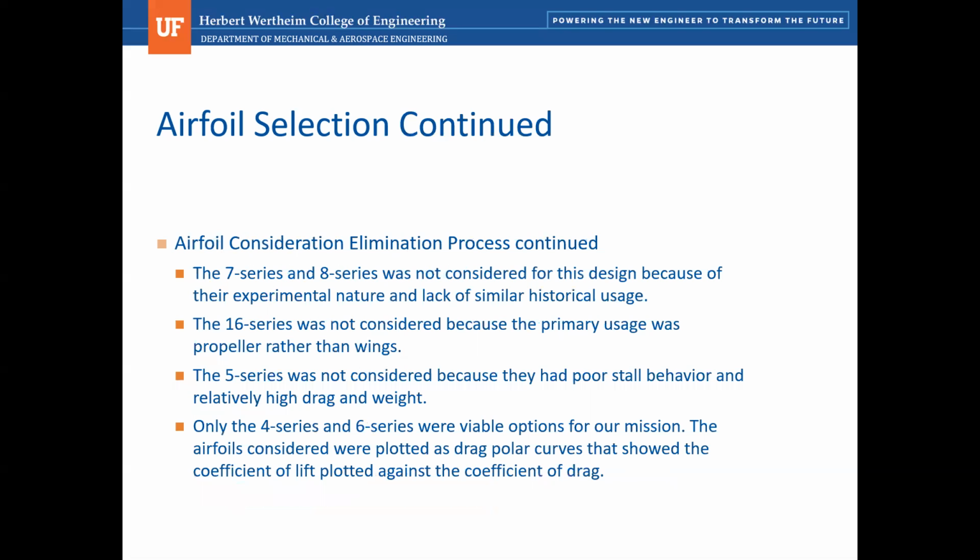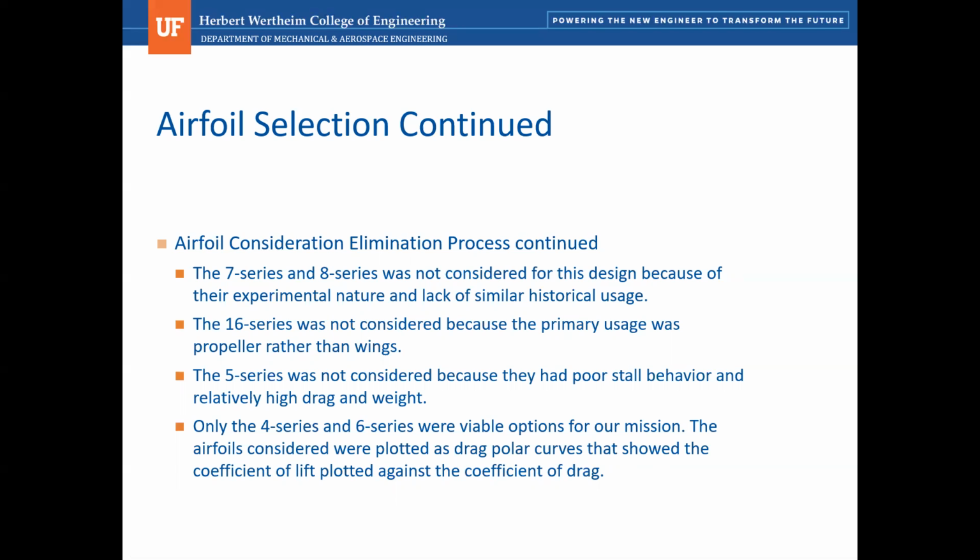With these two characteristics determined, we can then narrow the selection down further. We immediately chose to eliminate the 4 series NACA airfoils because of its usage in the mid-20th century. The 7 and 8 series were removed because of their lack of historical data and their experimental usage. The 16 series was removed because it does not focus on wings. The 5 series was removed because recorded historical values for drag and weight were too large. They also have very poor stall behavior. This narrowed down our selection